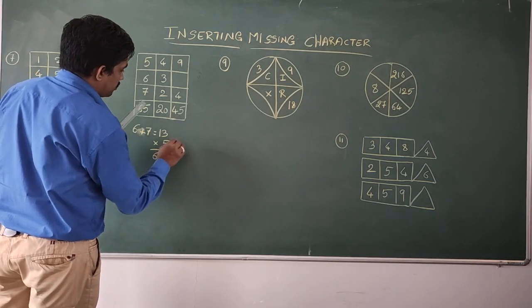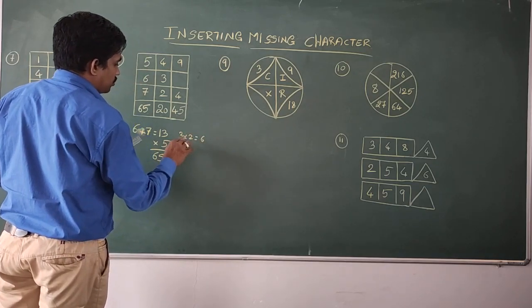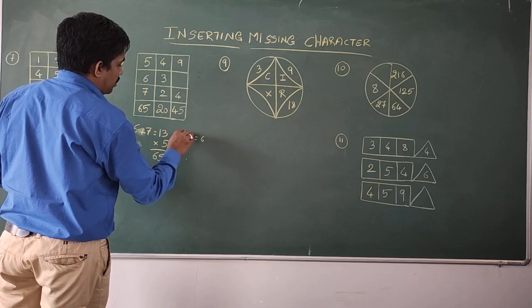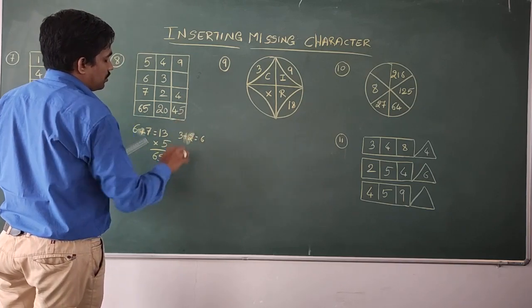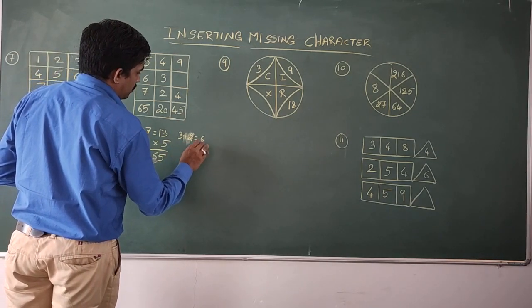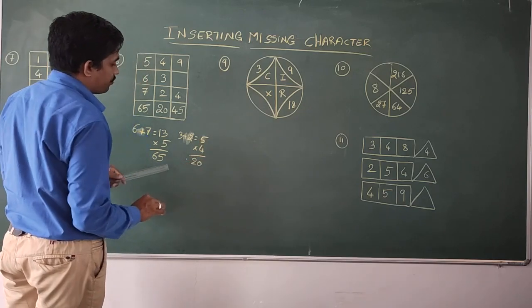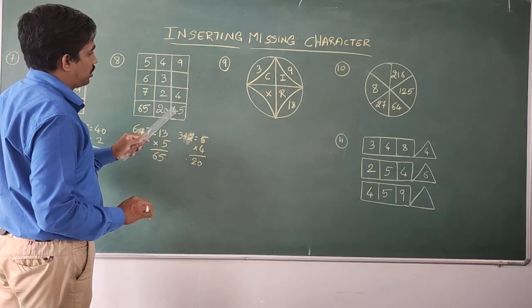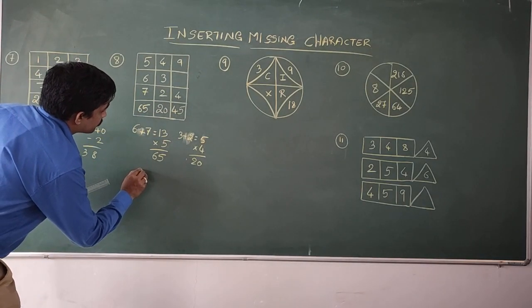And again, next same, 3 into 2, it is 6. 3 plus 2, it is 5. 5, 9 into 4, that is 20. In the same way, we have to solve this. So, by solving this, we have to first do